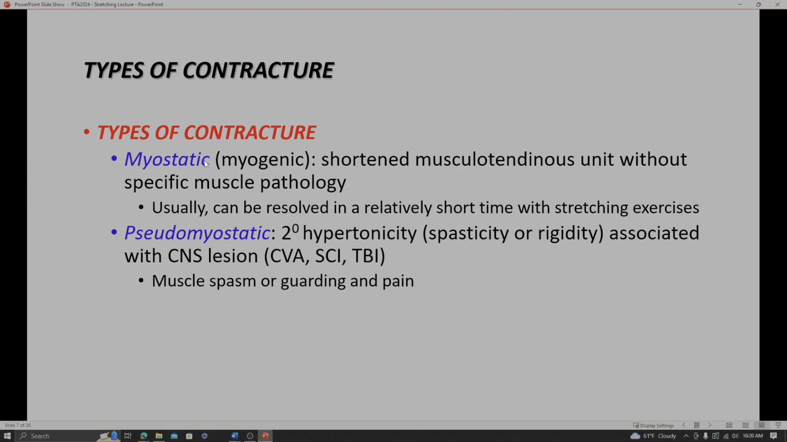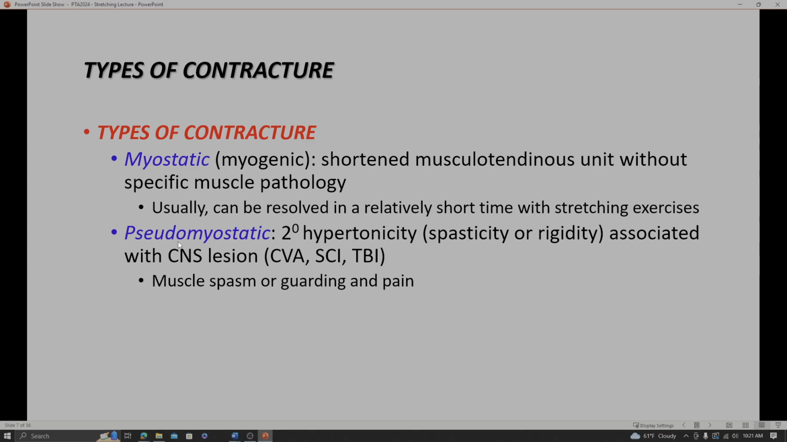Types of contracture are going to have a lot to do with the way that we, number one, identify them, but also how we treat them, right? So a myostatic or myogenic contracture is a shortened musculotendinous unit without really any specific muscle pathology, right? So this could go in the box of, well, it's just been immobilized for a while, or the patient has a sedentary lifestyle, or their ergonomics were really faulty for a long period of time. And because there's no underlying pathology, you can usually resolve these in a relatively short period of time if you